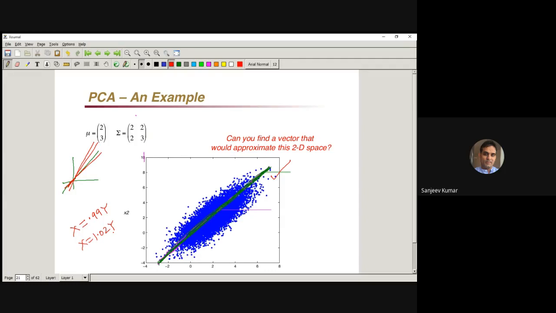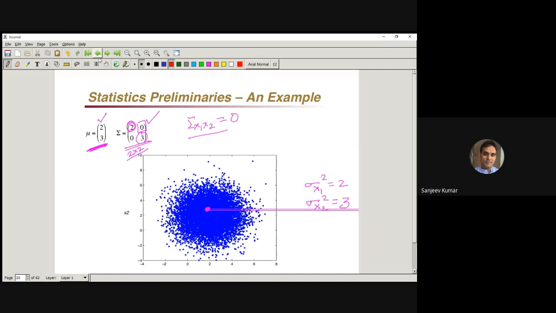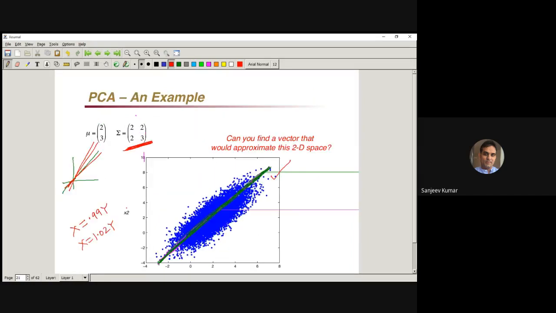Okay, let me tell you. I told you that when there is any change in the data, it is data that has been transformed from the previous one after applying some transformation. And what is that transformation? It is given by this covariance matrix. Now the direction of change is given by the eigenvector, and the amount of change is given by the eigenvalue.